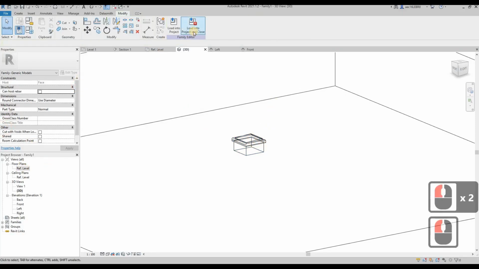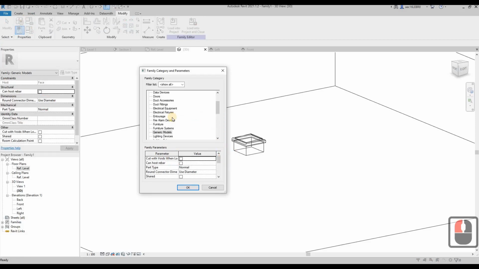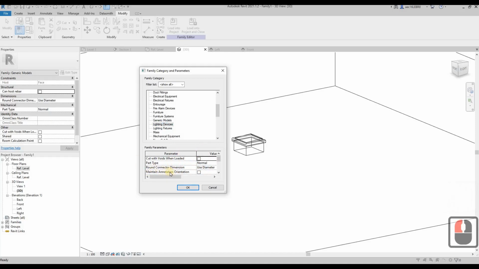Then we try to load it into our project here. Before that, you must remember this is a generic model. I'm going to tell Revit that this is a lighting switch. So I go to this family categories and parameters, click on here. Then I assign this as lighting device. Then remember to click on this option here, maintain annotation orientation. Okay,